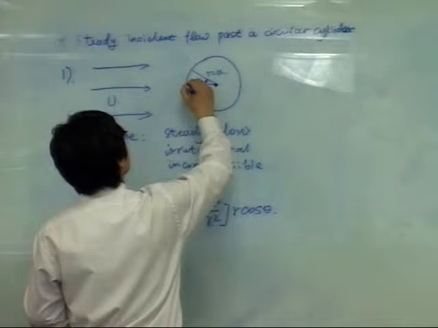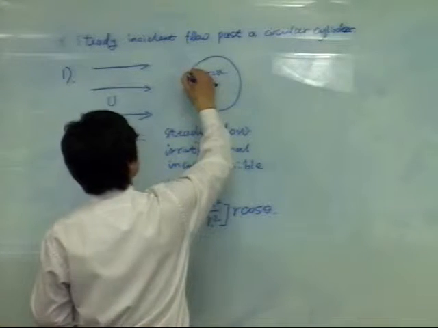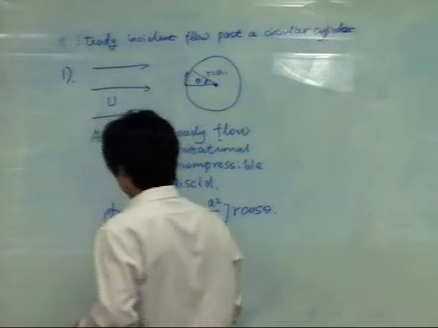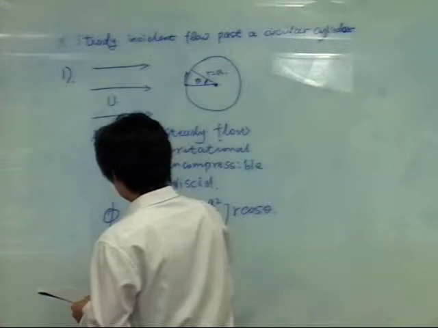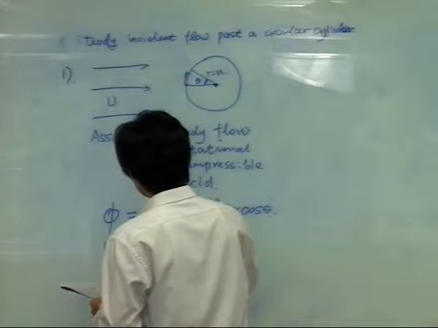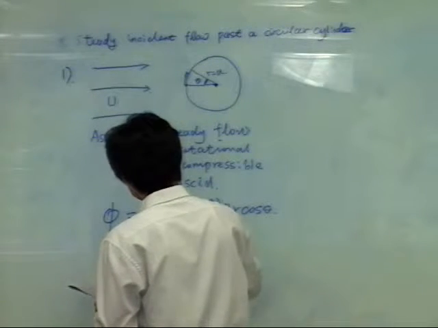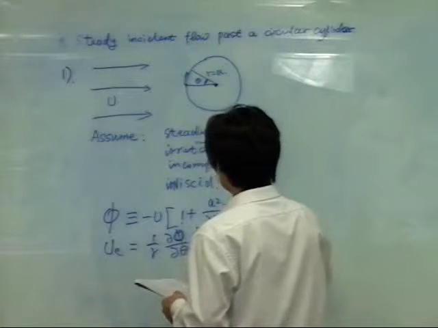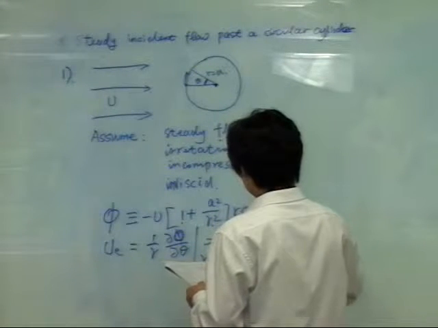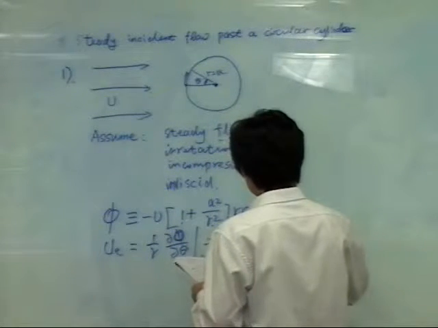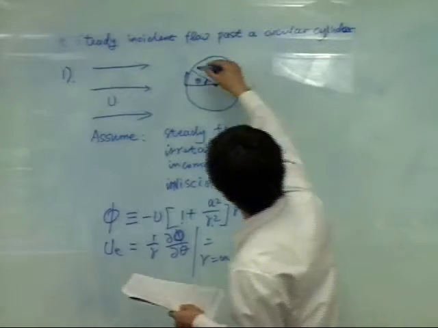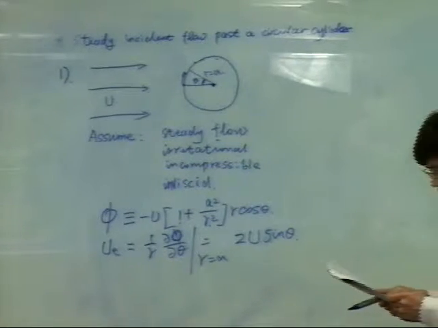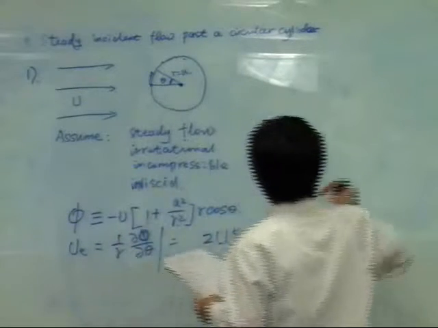Okay, if we are trying to figure out the velocity on the surface in the tangential direction, which we define as U_e, this is nothing but the derivative with respect to theta. Okay, at r equals a, this gives us 2U sin theta. Okay, this is the velocity at the point at r equals a. So based on Bernoulli's equation,